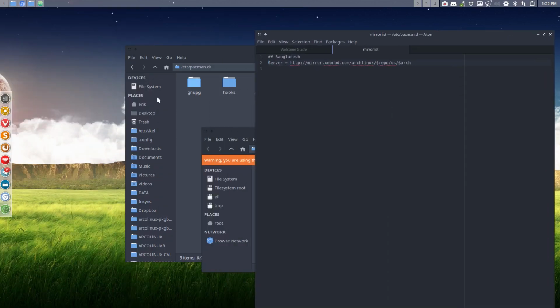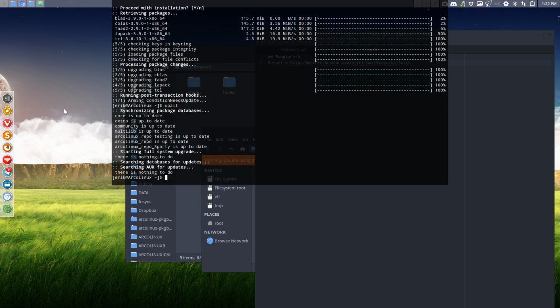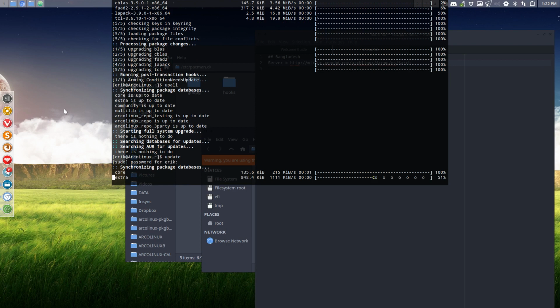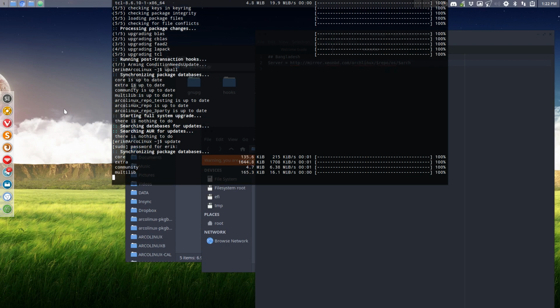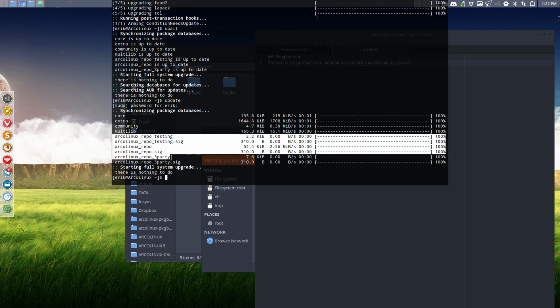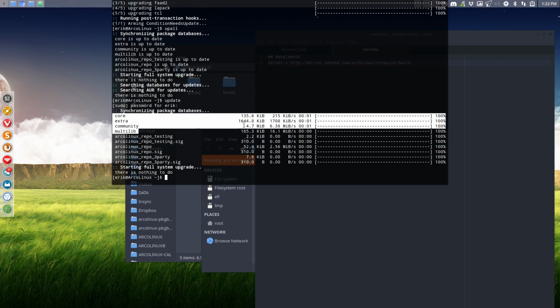And at this point in time, when I do an update, it's coming from there. So I'm wondering what's going to happen. Very, very slow indeed for me, because I'm in Belgium. It's coming from the other side of the world. But it is working. This is actually coming from there. You should see the lines when it says ArcoLinux, it's coming from us. So I'm just looking at these 4 lines. These are coming from Bangladesh. So that's another way to do things.